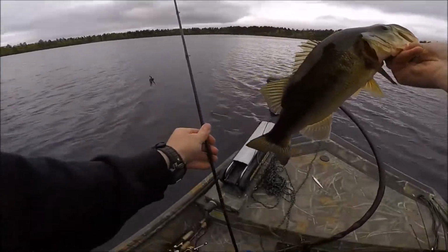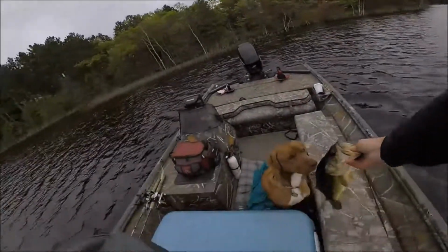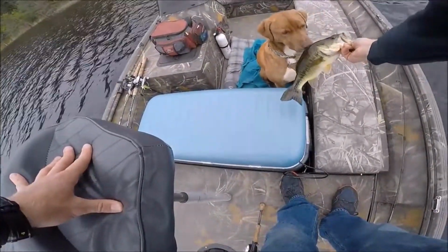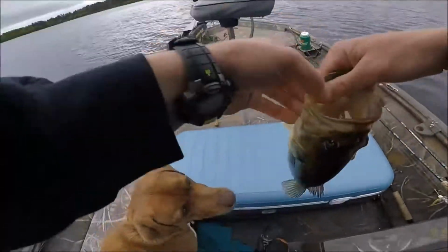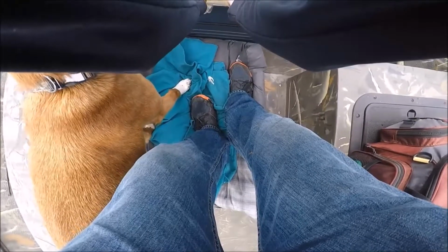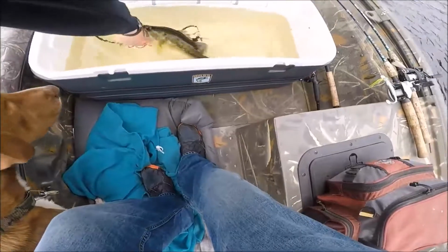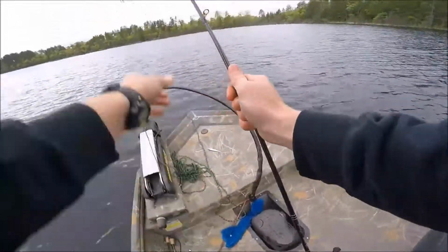Nice, on the chatterbait. Just had to find some weeds for him. There you go, buddy. What do you think? Measure him up quick. First one in the live well. Okay, so